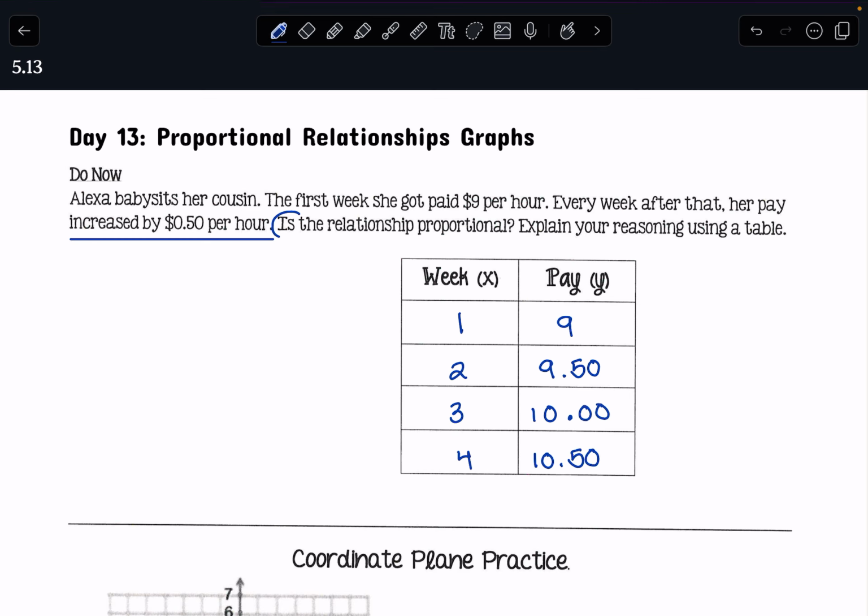The question now is, is the relationship proportional? And when you see the word proportional, you should immediately think constant unit rate. So now if we look at this table, we're doing y over x. So our unit rate for the first is 9, which makes sense because we start out making $9 per hour. Now, if we do $9.50 divided by 2, which you will plug into your calculator,